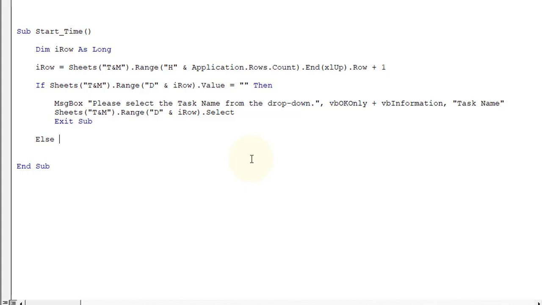Else if we need to apply another condition. Suppose a start time has already been captured and the user is clicking on the start button again, then it will not capture the start time again, right? It will prompt a message that the start time is already captured for the selected task, and then come out from this sub procedure. So let's write Sheets T and M dot Range, and the start time is available in